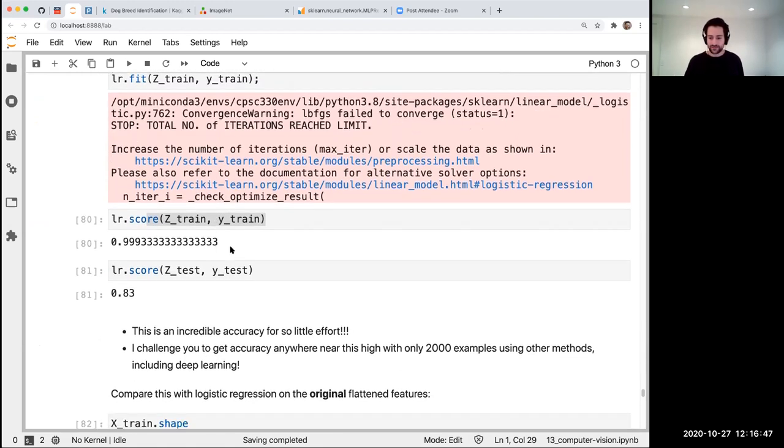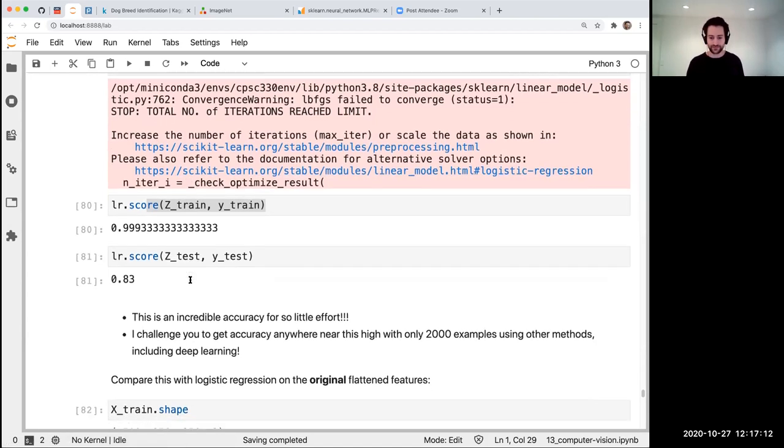Okay, so if we have all black and white, would this still work? Yeah, it would still work. If you recall, that picture of me in the bow tie was black and white and it still worked. I think it basically just repeats the black and white into the 3 color channels, red, green, and blue. And then it works fine. Or if the thing was trained on black and white and you have color, or vice versa,